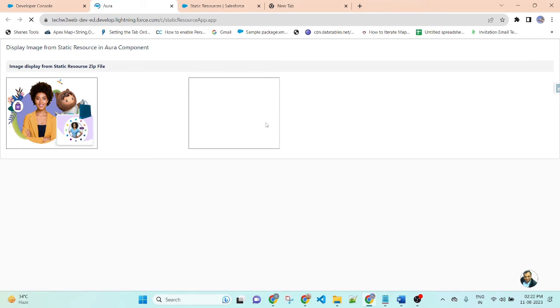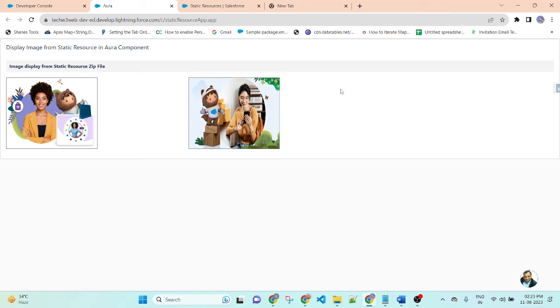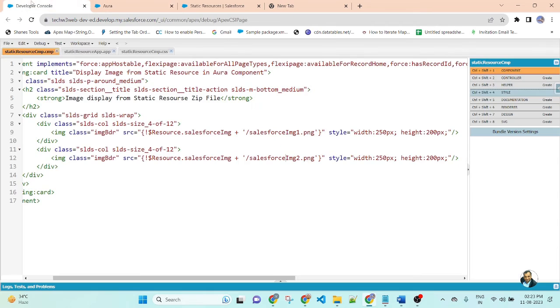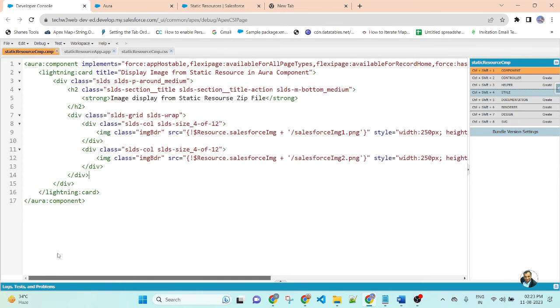So here I display two images. It is loading. You can see two images displayed from a static resource. Now I will create another section and display the image directly in our component.